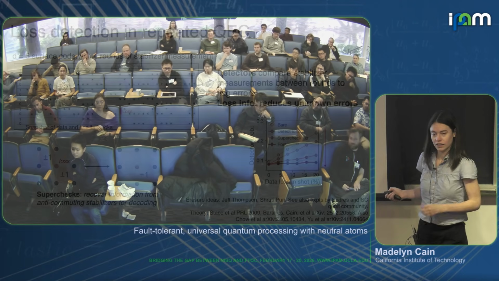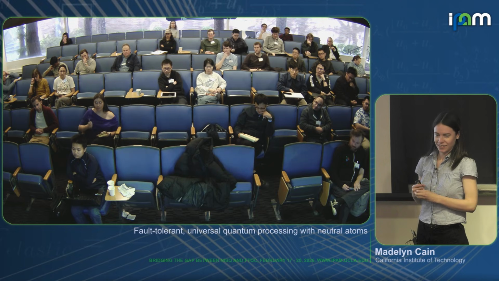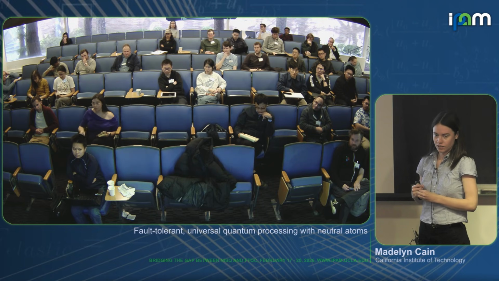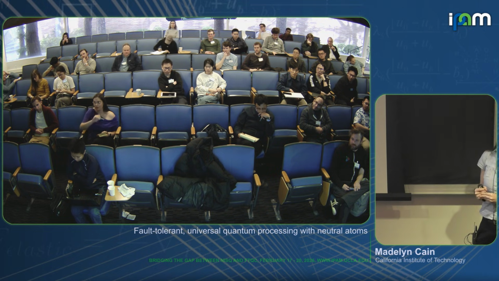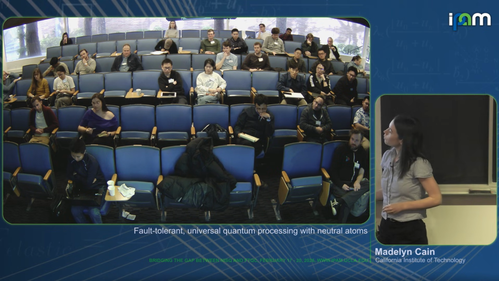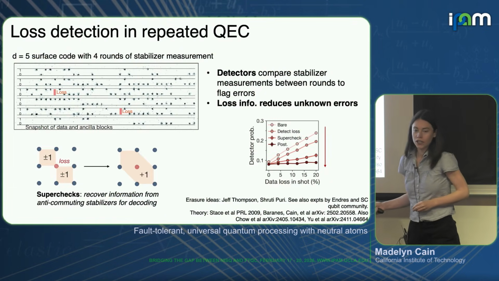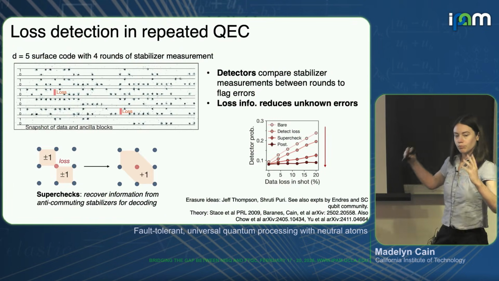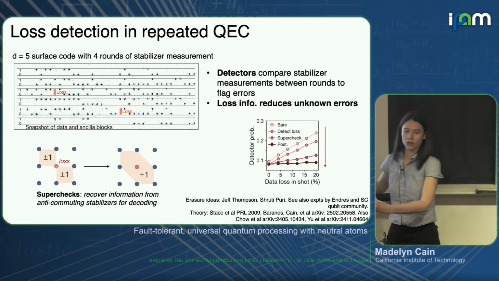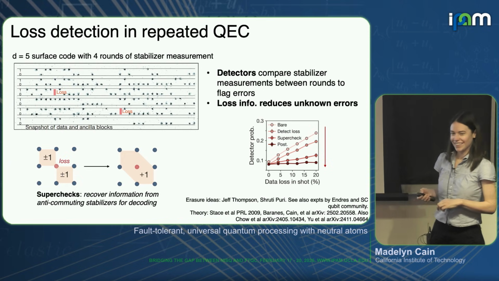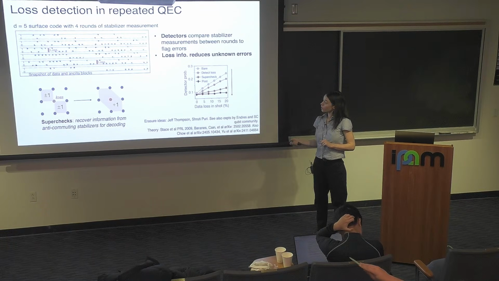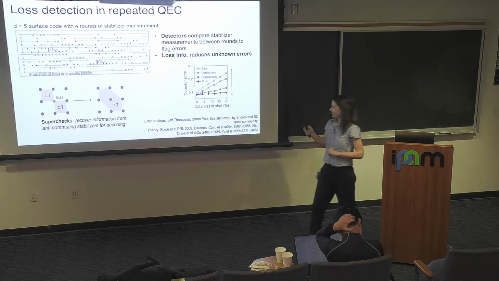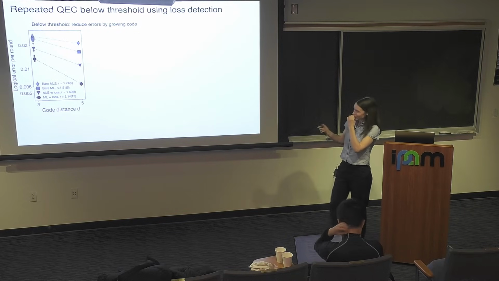Yeah? I'm wondering, when you have to do a super check, do you increase the amount of movement required in order to entangle those 6 atoms with 1 atom, right? So we're never actually measuring a super check in hardware. We're rather producting the stabilizers once we decode. I see. Wait, but you've lost... Oh no, those are stabilizers, so you can take the product. Okay, cool. Yeah, got it. Exactly. Okay, cool. All right, running through.